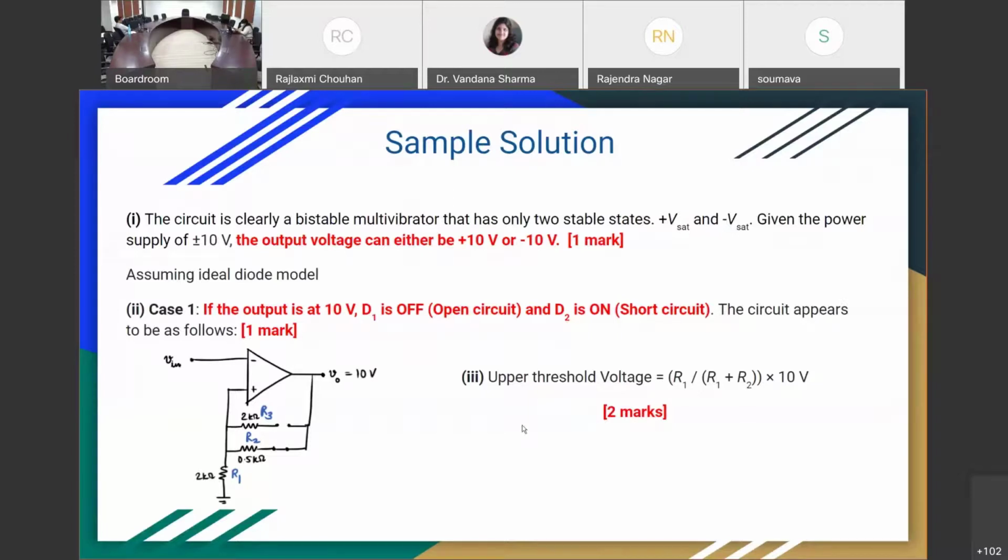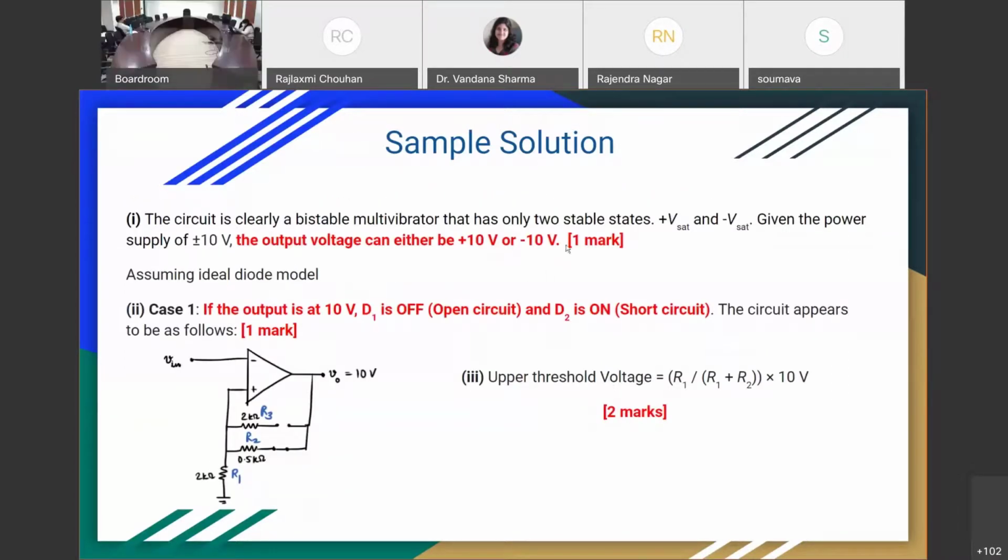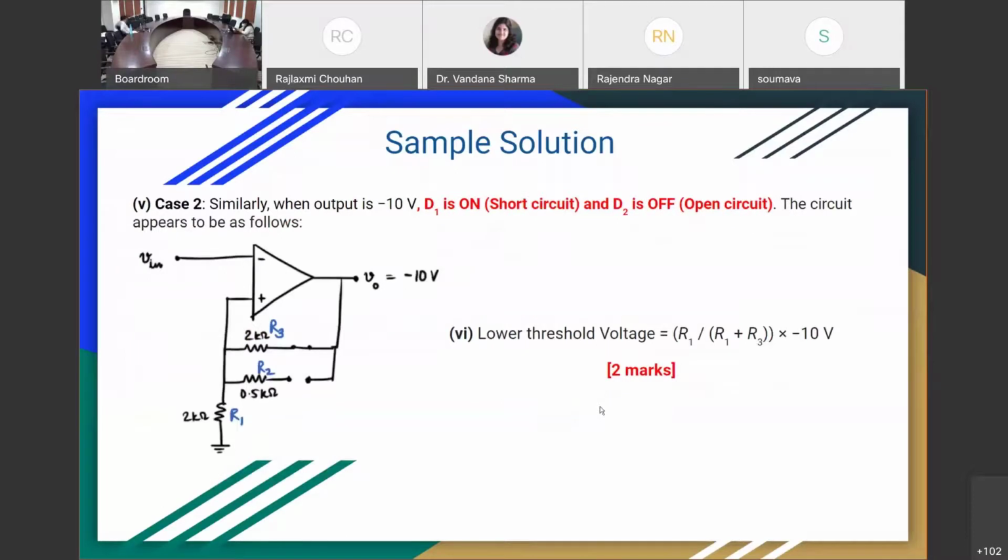This is an ideal case when they would have been writing on paper, right, as a theoretical question. Then second case, when output is -10, this would happen, and then this would be the lower threshold voltage, and I would give them 2 marks. So what is the possibility of losing marks? This is how, for example, I want to divide a 6-mark question into individual steps, right? 1 mark for this, 1 mark for this, 2 marks for this.